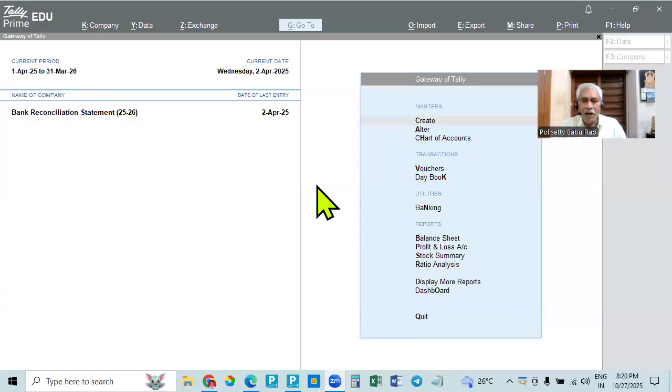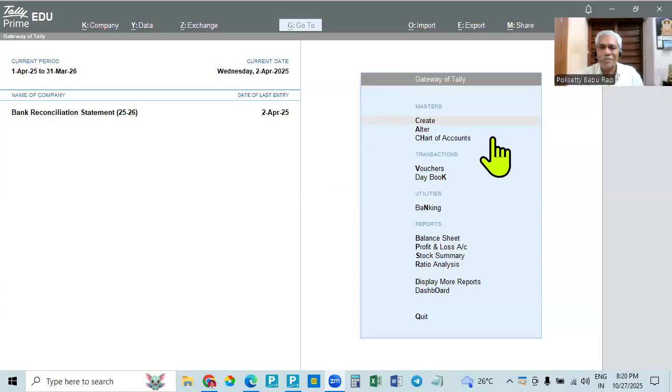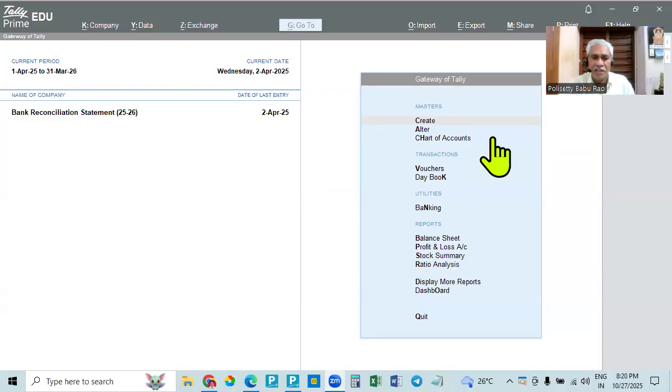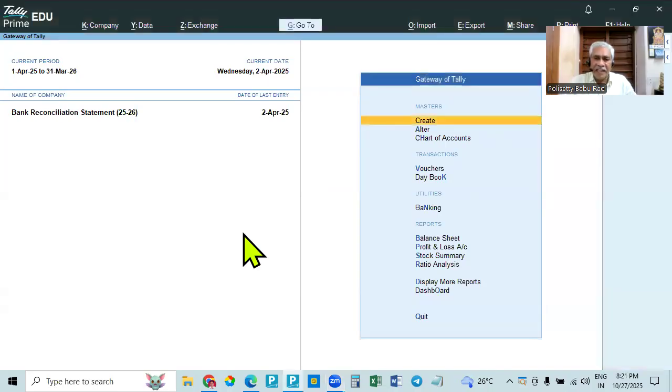Okay, now we will enter into the topic. I am sharing the screen, you see here. So in this case, what is meant by bank reconciliation statement? A business will have many transactions, all cash transactions, purchases, sales, receipts, payments, everything. In addition to that, every business will have many